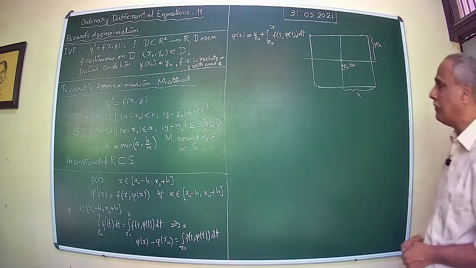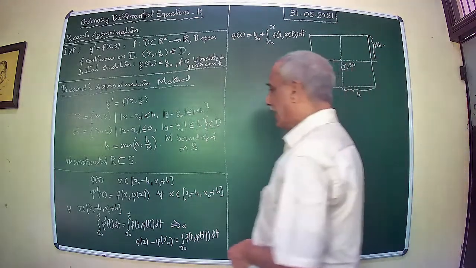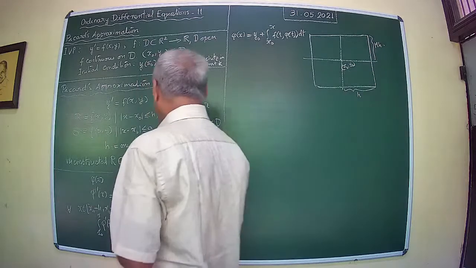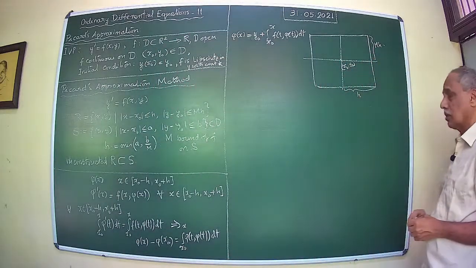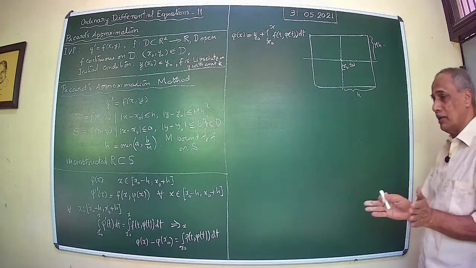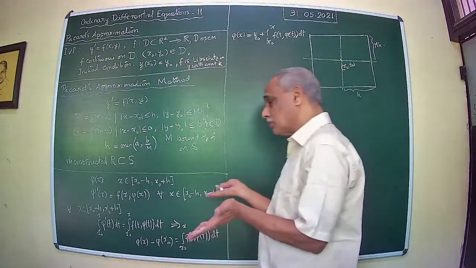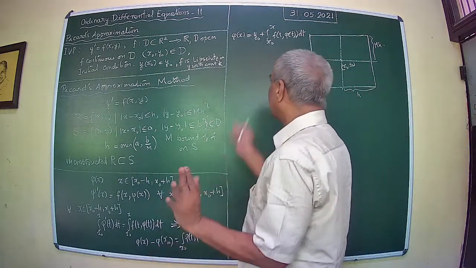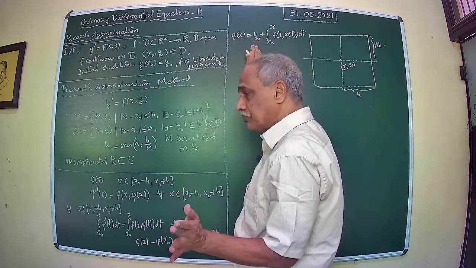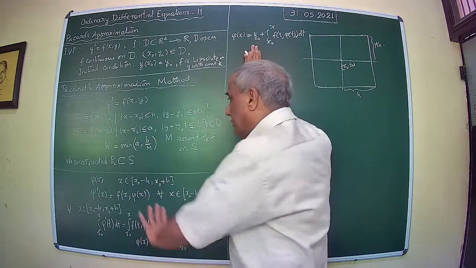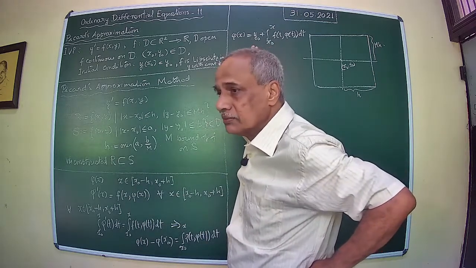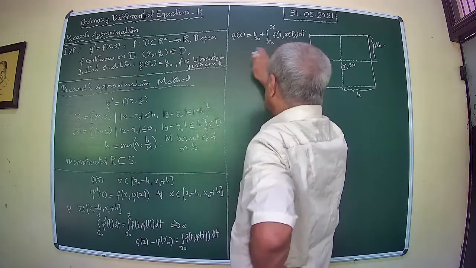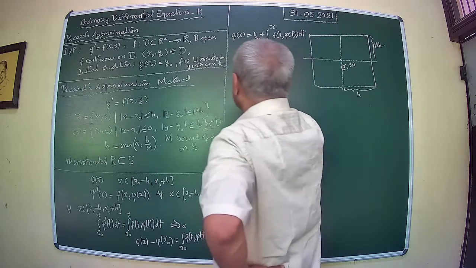Therefore, what we observe is that any solution of this problem is a solution of this integral equation. Okay. Therefore, is the converse true? If the converse is also true, then you see that this integral equation is equivalent to the initial value problem that you have started with. So we will work on that. So let us see that suppose,